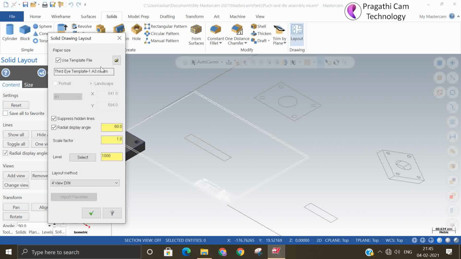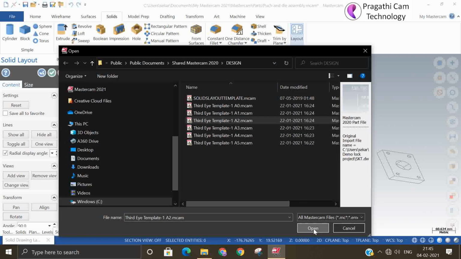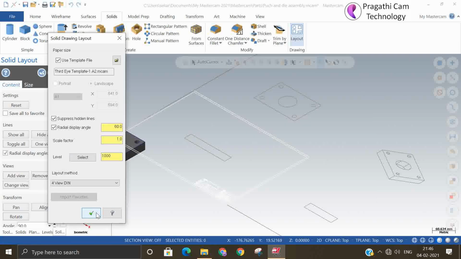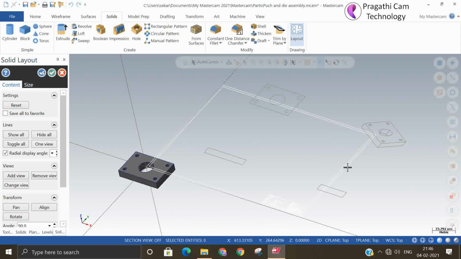I can reset now. We'll take A3 paper now. Still it is a little away from the paper. We can translate and reset it.